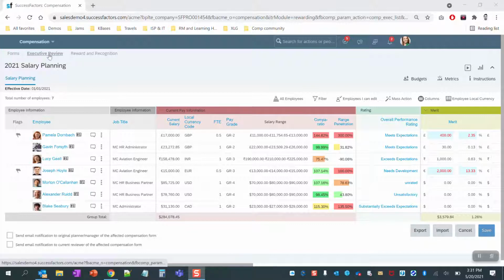As you probably know, if you are a system administrator, the Executive Review is a way to get consolidated views of employees that are maybe in different worksheets being validated by different approvers. Using the executive review and role-based permission, which is the SuccessFactors security module, you can give yourself a full scope or grant people a specific scope so that they can view and validate budgets on a specific business unit or division or country, for